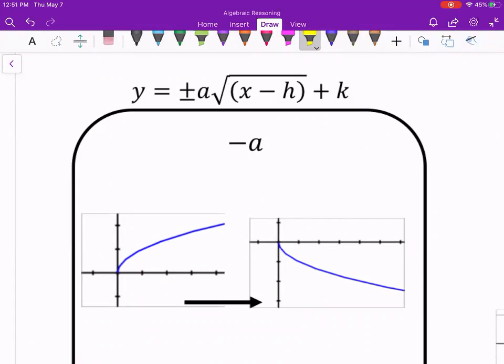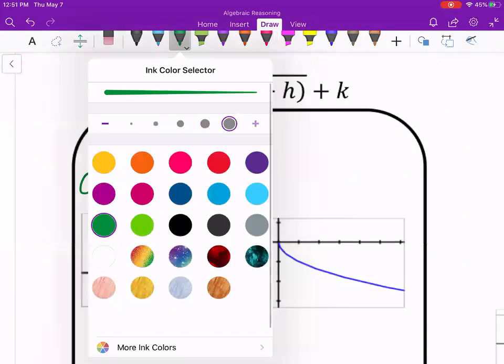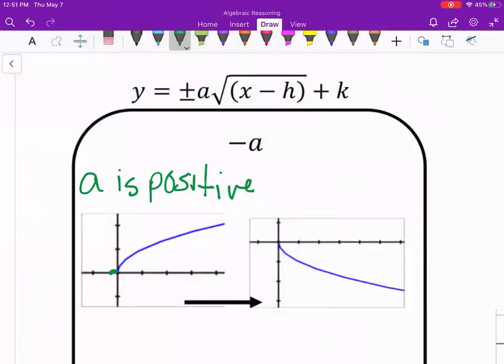Now, here's where it's a little different. When our A is positive, that's when you have the top portion of that square root graph that we looked at last video. This square root graph has the positive or negative A that's there. So when A is positive, you get the top portion of the graph. When A is negative,